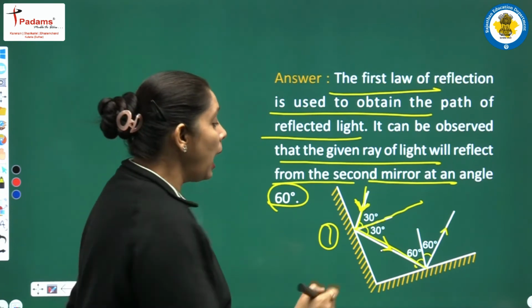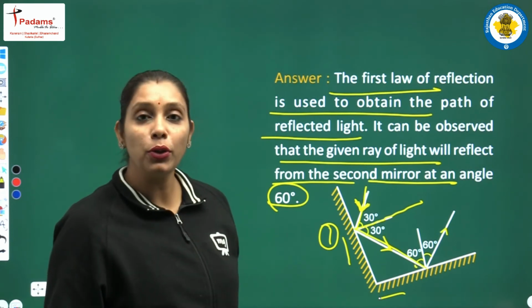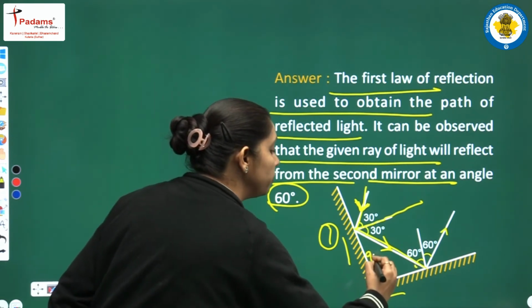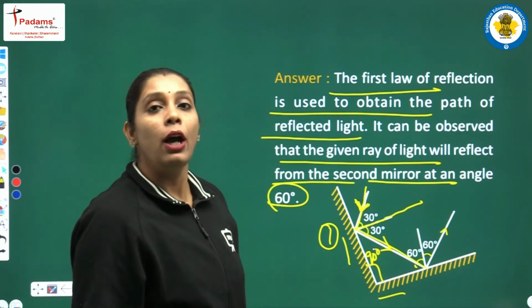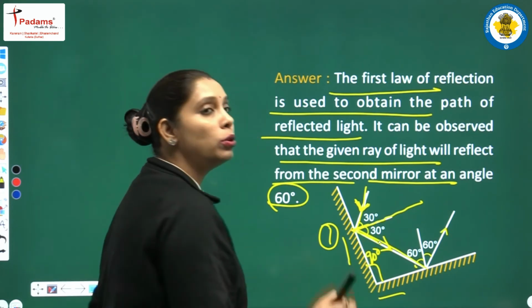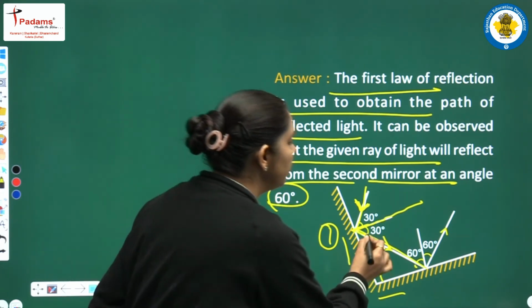क्लियर एवरीवन? अब ये दोनों के दोनों मिरर एक दूसरे के क्या हैं? परपेंडिकुलर हैं. सो हियर द 90 डिग्री एंगल विल बी फॉर्म. क्लियर एवरीबॉडी? और इस 90 डिग्री के एंगल में ये कितने का है? 30 डिग्री का. सो द रिमेनिंग एंगल इज 60. सो स्टूडेंट, दिस